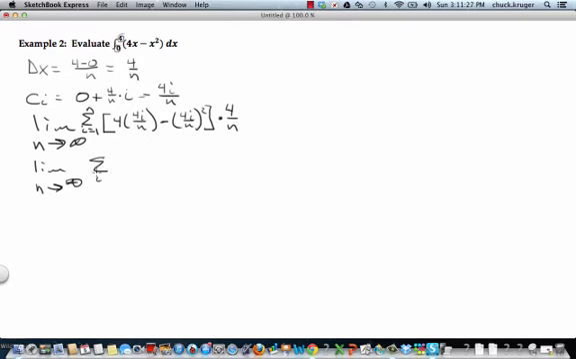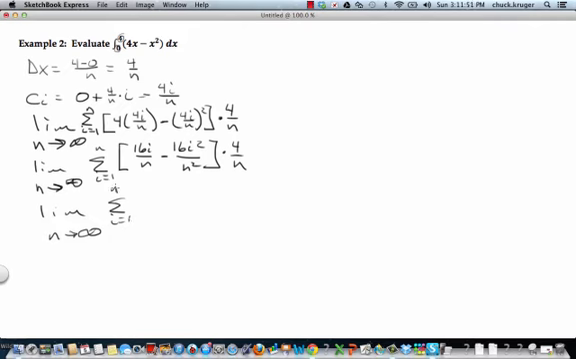The summation of i equals 1 to n of 16i over n minus 16i squared over n squared, times 4 over n, and that gives me the limit as n goes to infinity of the summation of i equals 1 to n of 64i over n squared minus 64i squared over n cubed,